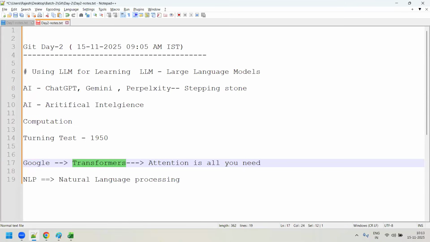Even, guys, whatever programming languages came, right? C, C++, or Java, or .NET, or even Python, they built all these languages based on the English language only. Have you seen anyone building a language using some South African language or some other Indian-based language? Have you seen? No, right? All these engineers who built these languages, you could see they are all built in English only, because they want to make the language a little bit understandable